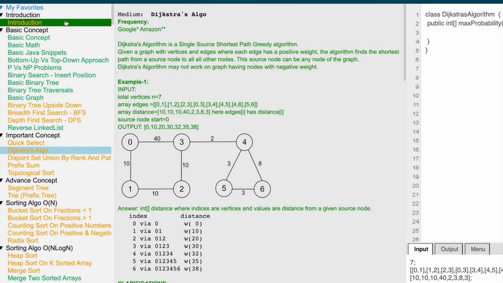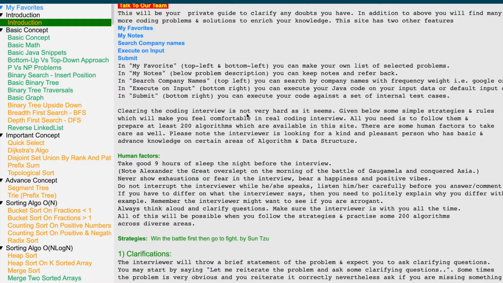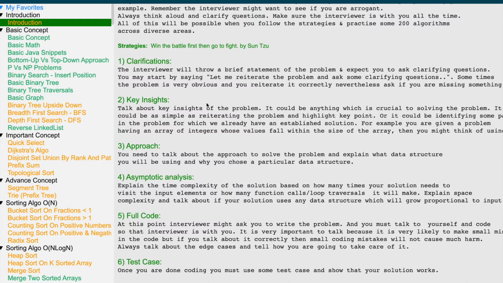if you come to the beginning of this menu, we have introductions. Those who are very new to algorithm and data structure should read it, how interviews are conducted and what you should do in the interview, like clarifications. When a question is given, you should clarify the question, and then once you clarify the question, you should provide the key insights, and then you tell the approach, and then you also talk about the asymptotic analysis, that is